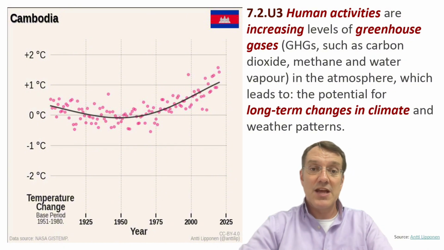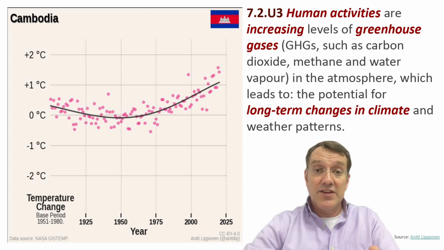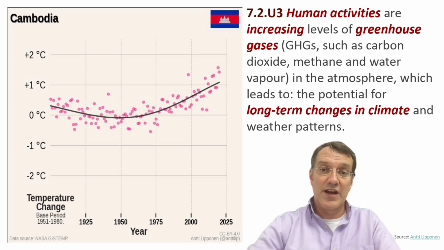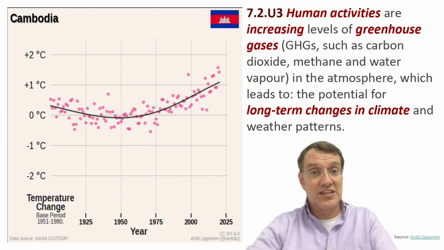The graph shows temperature changes since 1925, with a clear upward trend starting around 1975. This illustrates a really important point. While climate change is a global phenomenon, its impacts are felt locally, and they can vary pretty significantly from region